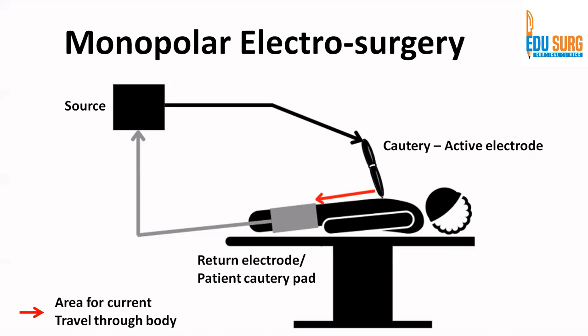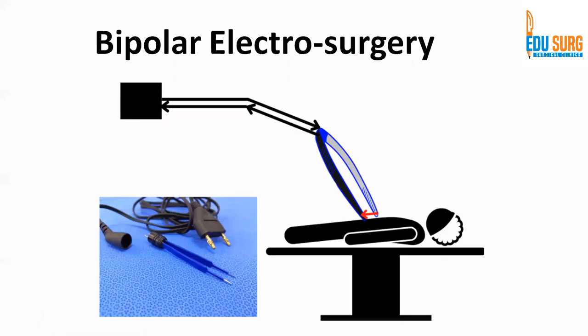These are some of the standard points that you are told in your operation theater. So this is the circuit of monopolar electrosurgery: from the source to the active electrode, to the tissue transfer, to the return electrode, and from the return electrode back to the source. Now coming to bipolar electrosurgery, what bipolar means is that both the electrodes are in the device